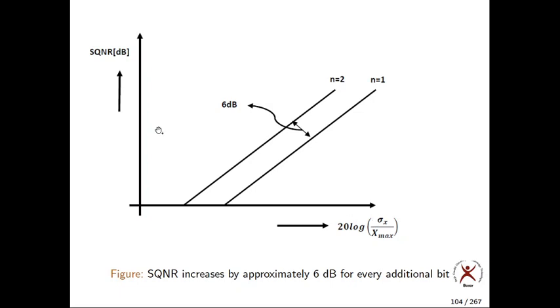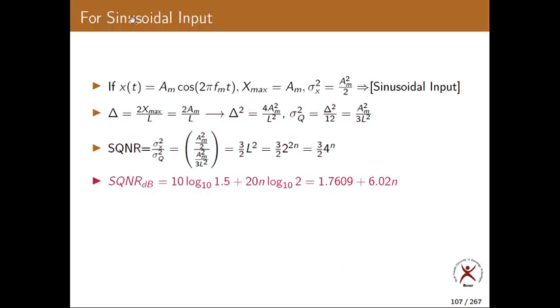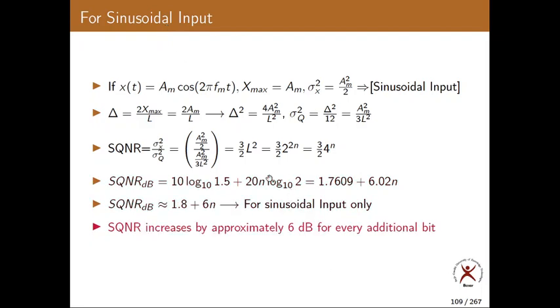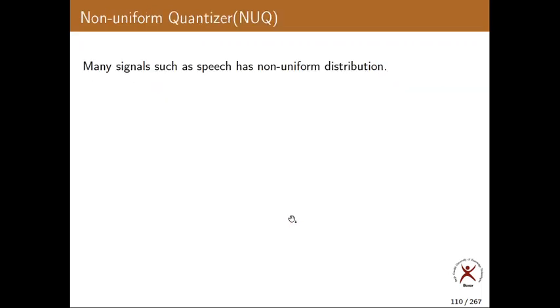Now if you draw the graph between relative input power versus SQNR, it will be a linear curve. Which means, if input power is less, SQNR is less, and if input power is more, SQNR is more. That is not desirable actually. These are the values for sinusoidal input. This very important formula is 1.8 plus 6n. That is the SQNR if and only if the message signal is a sinusoidal signal. It is not a random signal; it is a deterministic signal. So you must find out all those things.